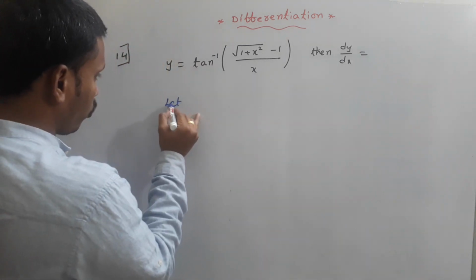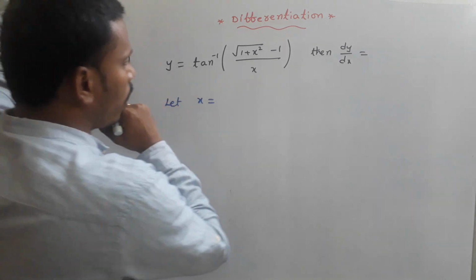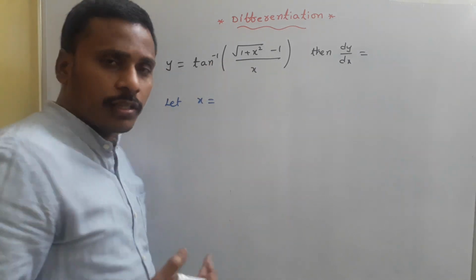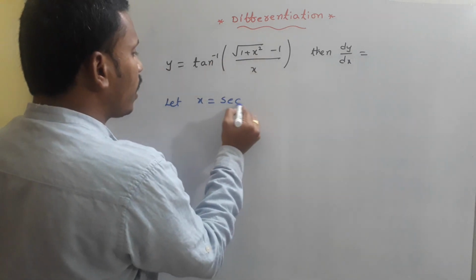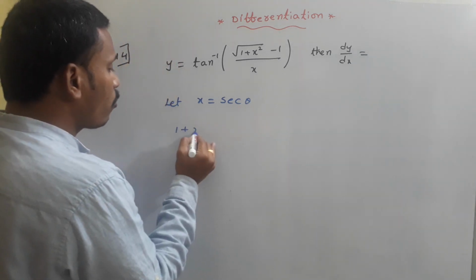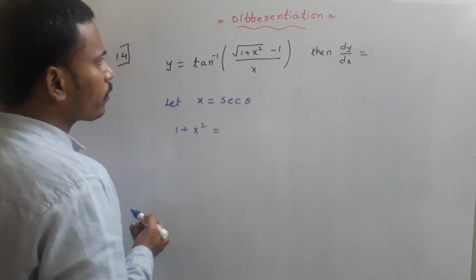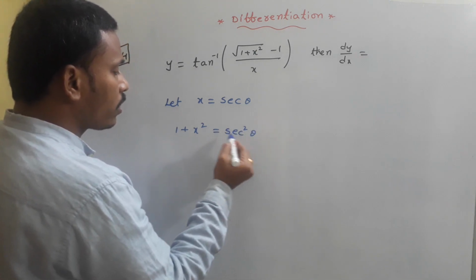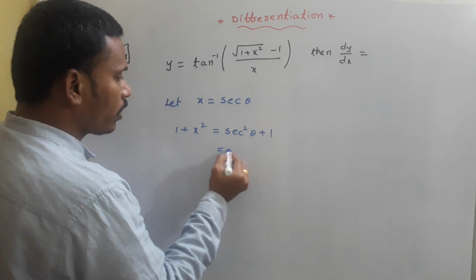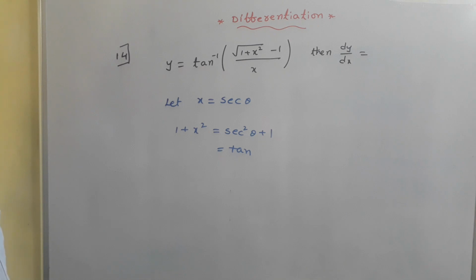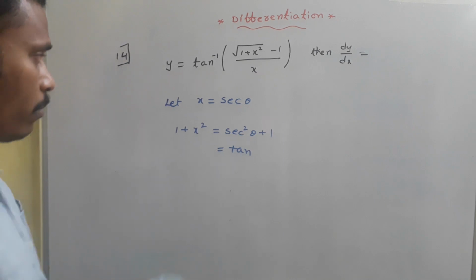the suitable correct substitution. I am just taking, let x equal to what? If you take x equal to sine theta, it won't work because we don't have 1 plus sine square theta. If I take x equal to secant theta, what do you say about 1 plus x square? 1 plus secant square theta, which is nothing but... no. Secant square theta minus tan square theta is equal to 1. So secant square theta is also not comfortable.